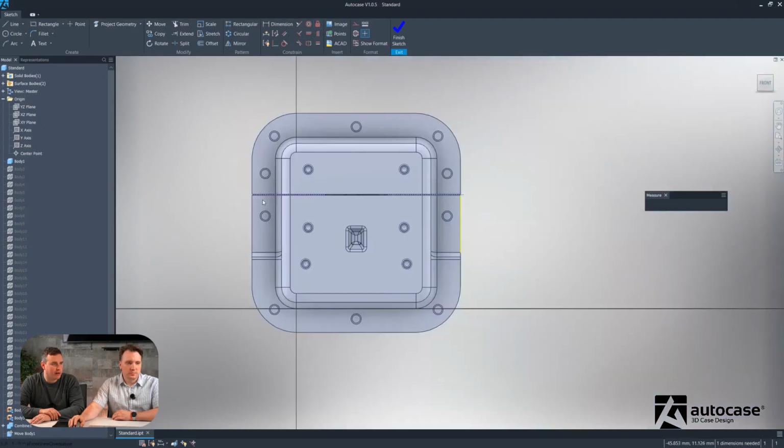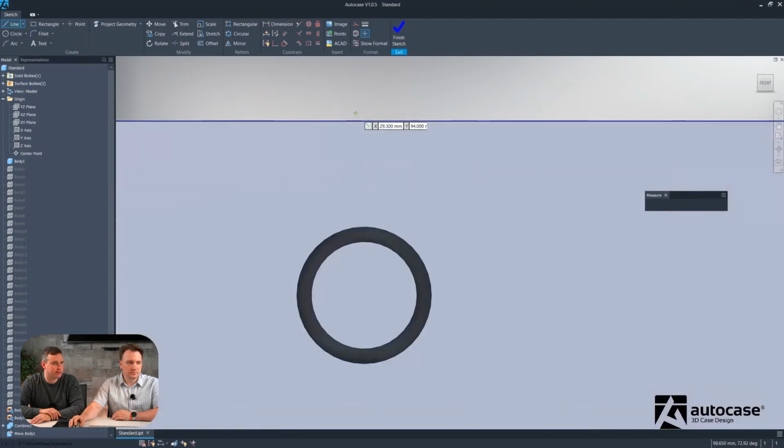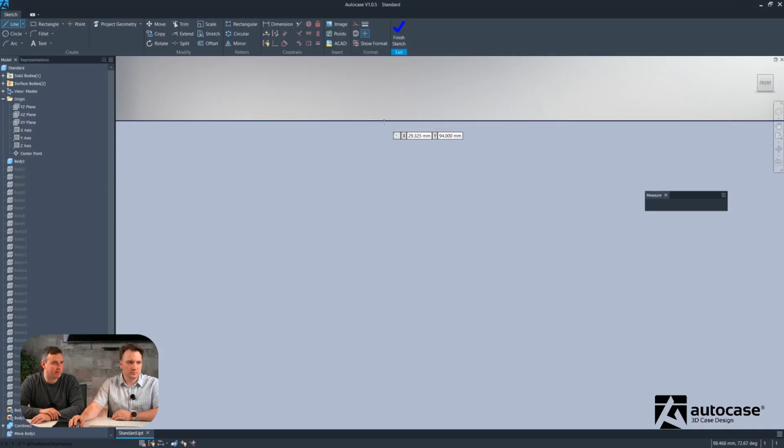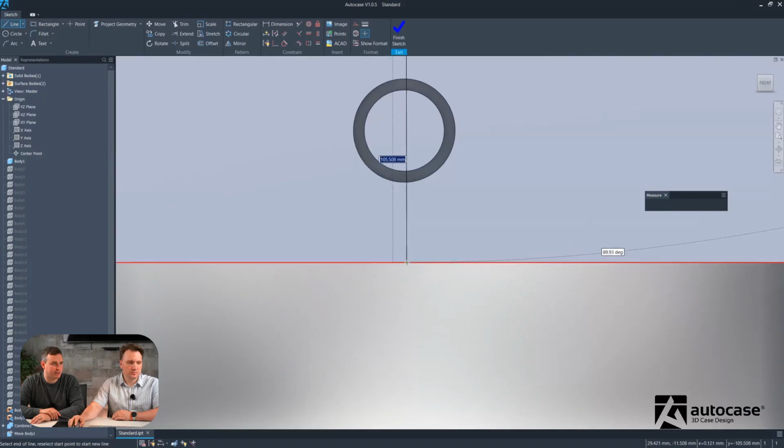top of the screen. And then we're going to draw a construction line right down the middle. So we're going to find, if we just zoom in slightly, we can see that it's automatically finding the middle of that latch because the latch is drawn symmetrically. So you can see that we've got a green dot appearing now. It's sensing that middle point. So yeah, we'll draw the line all the way down from there down to the bottom of the latch. And again, we'll find the midpoint